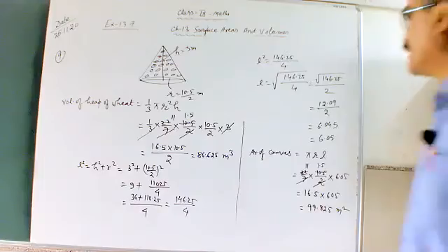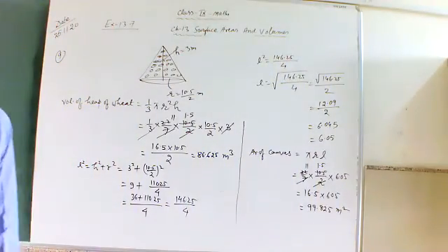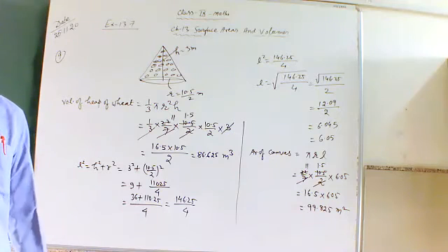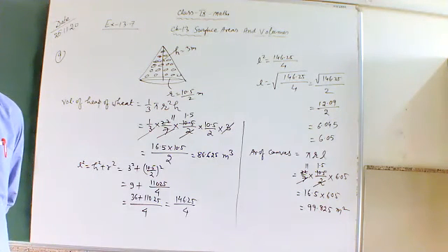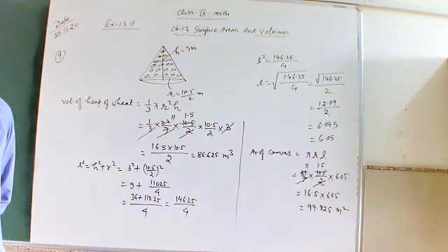And one more thing, this complete mensuration chapter is very easy, but you need to memorize all the formulas, then only it is easy. Otherwise you cannot solve a single problem of this exercise. This exercise is totally based on formulas. I have given you all the formulas in a table: volume of cone, curved surface area, total surface area, area of the base. So memorize all the formulas, then this exercise will be very easy for you.